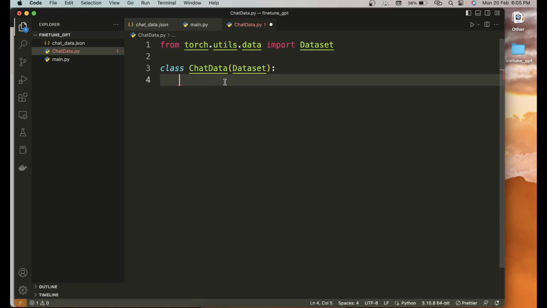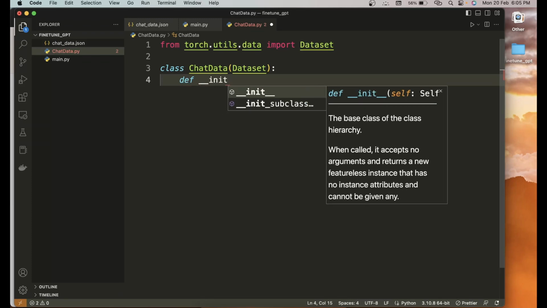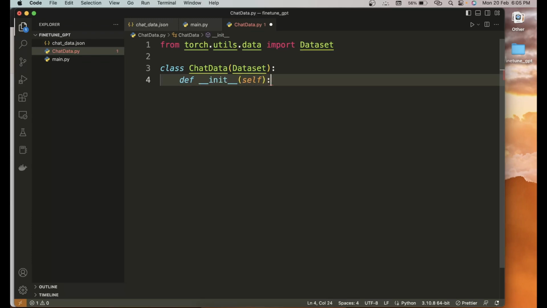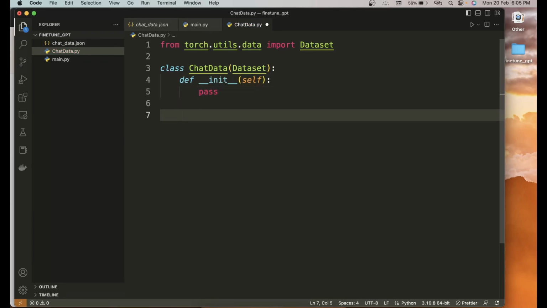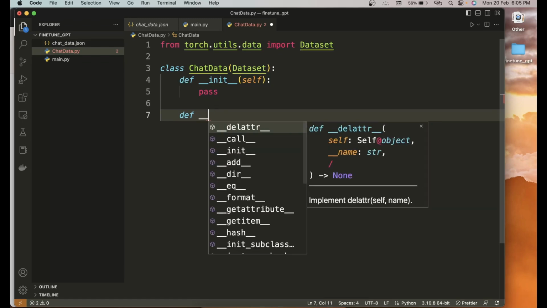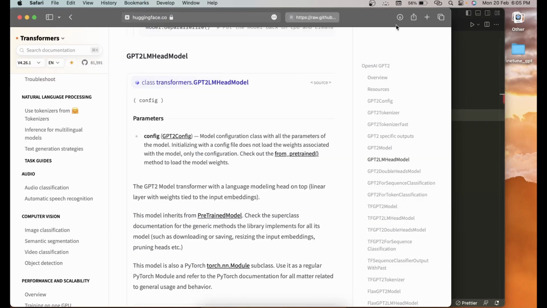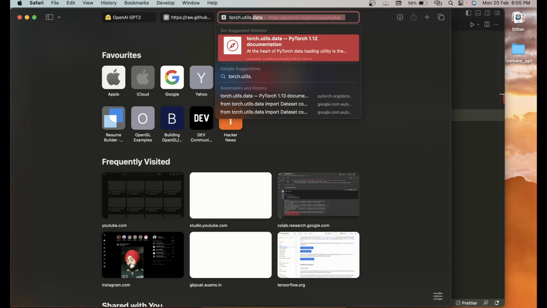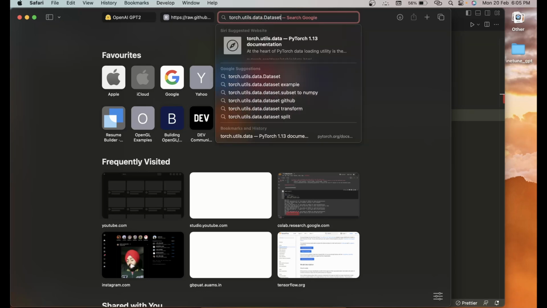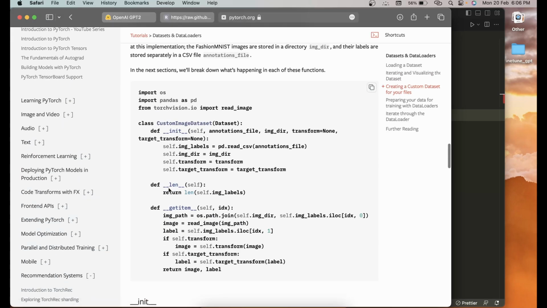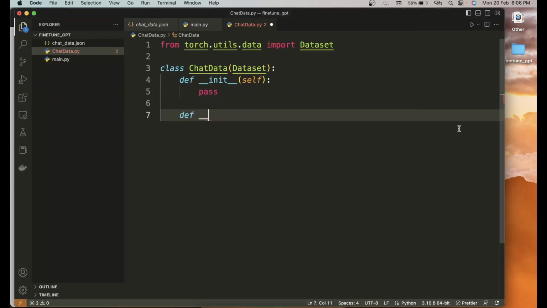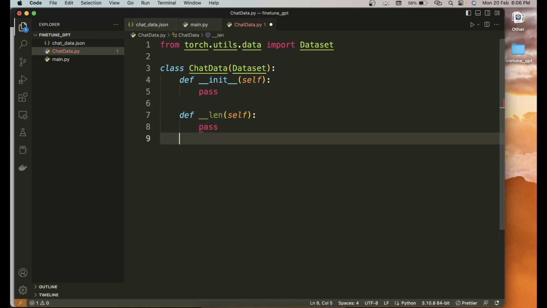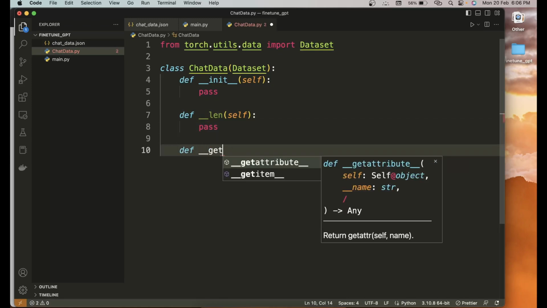Now in this Dataset, since this is an abstract class, you have to define some functions. First of all, __init__, and of course it is going to take self, and for now let's just pass. The other things you have to define, I'm just going to open the documentation because I don't remember it. So torch.utils.data.Dataset. Yes, you have to define __len__ and __getitem__. So __len__ from self